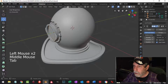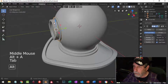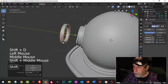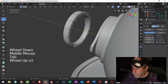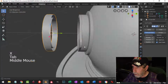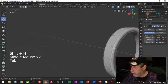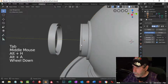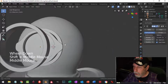So let's take another one of these circles. Oh, do I want to take this piece? Shift D, let's move it out, and let's have another look at this guy. I probably could be getting rid of these, couldn't I? On that one, and on this one, Shift H, just to hide everything else. Let's look at this. X faces. Hold H to bring everything back. Bring anything? No, that's okay. Okay, now